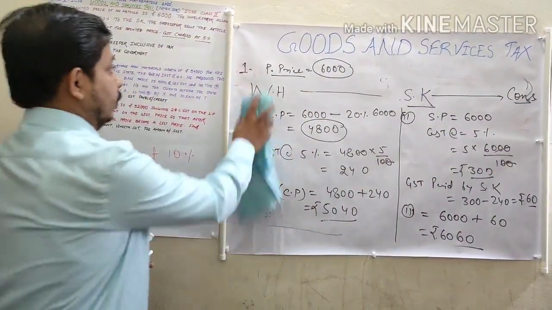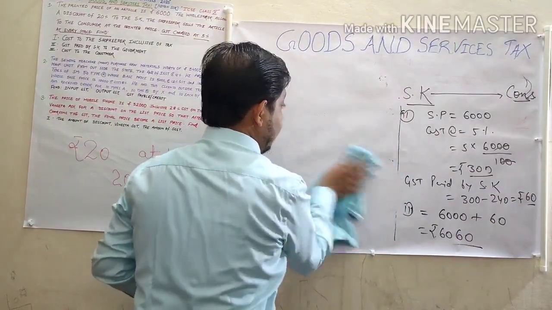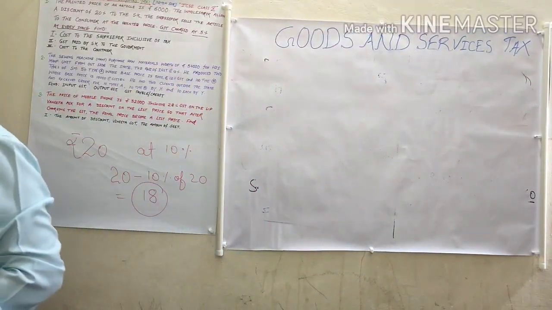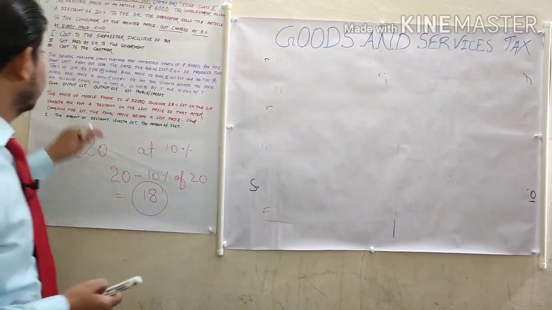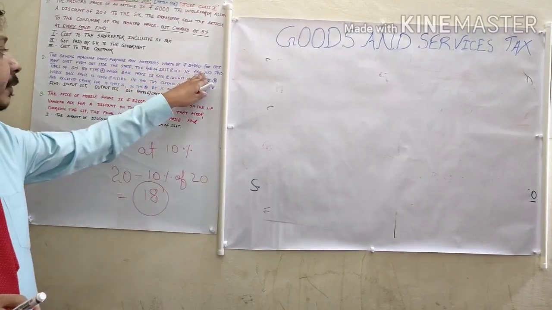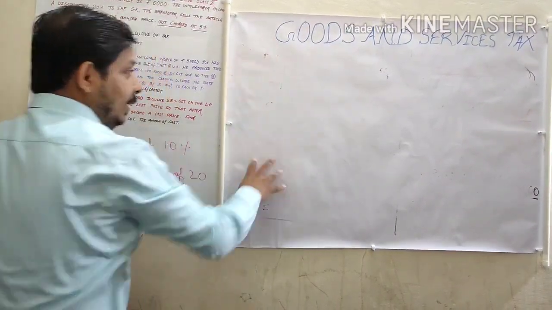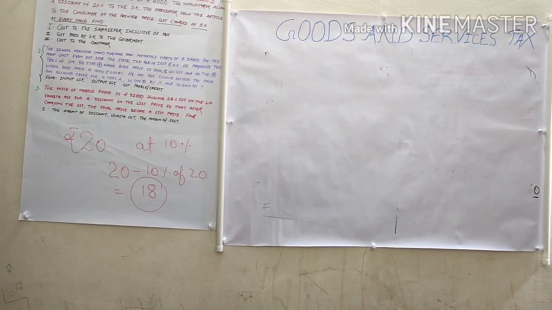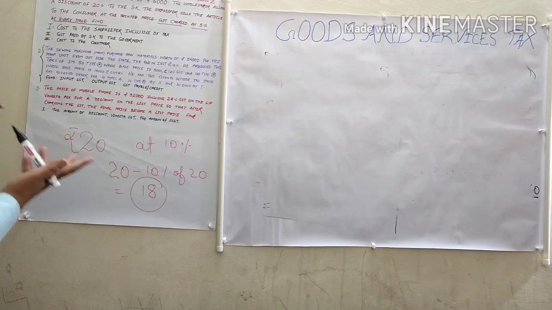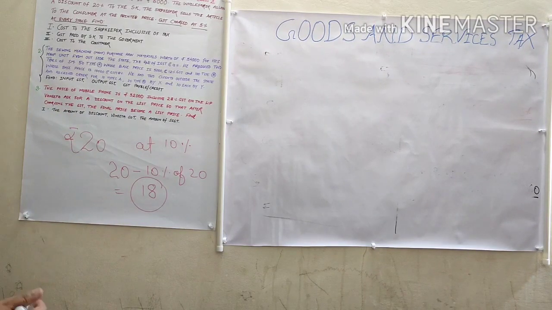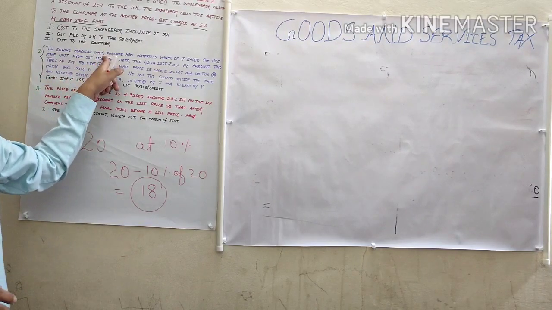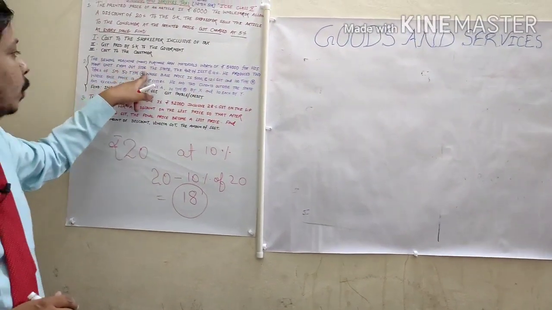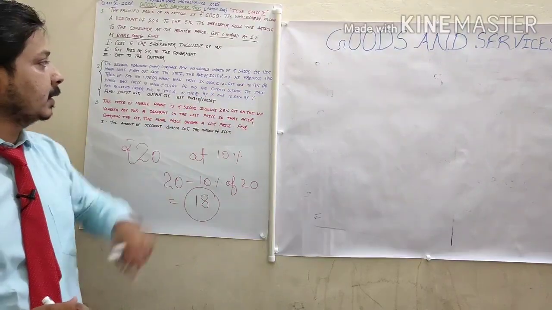Second question. Now the second question is: a sewing machine manufacturer purchased raw material worth rupees 54,000. See, in this chapter children always think, oh my dear, how long this question is. My hand is paining because I don't have technical support right now, that's why I am writing for my students. The sewing machine manufacturer purchased raw material worth rupees 54,000 for his manufacturing unit from outside the state. The rate of IGST is 12%.